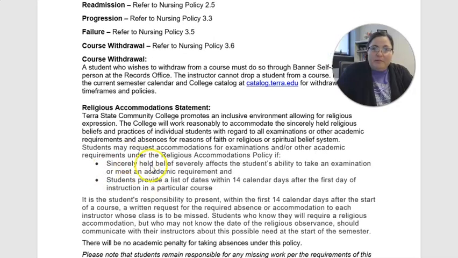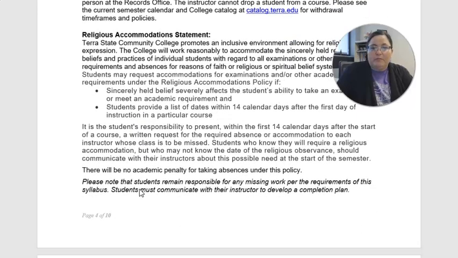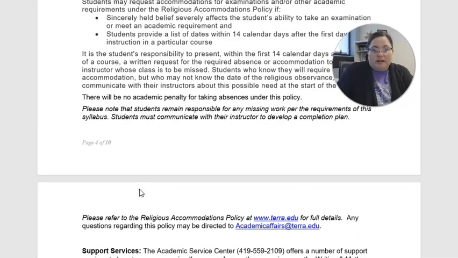The religious statement basically says if you have a religious obligation that's going to conflict with this class or another class or clinical or lab, what you need to do is submit a list of dates in writing within 14 calendar days after the first day of the instruction in a particular course, and that your instructor of whatever course will make accommodations for you. So you won't be penalized if you tell them following this policy that you have to miss